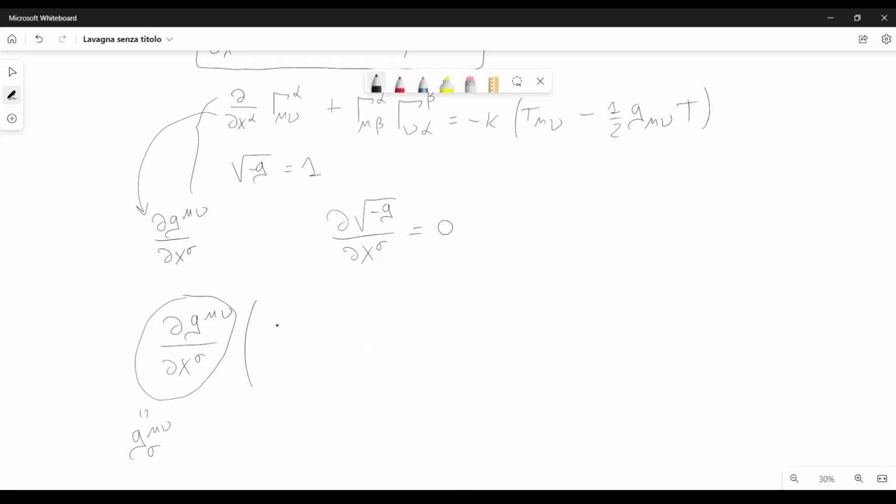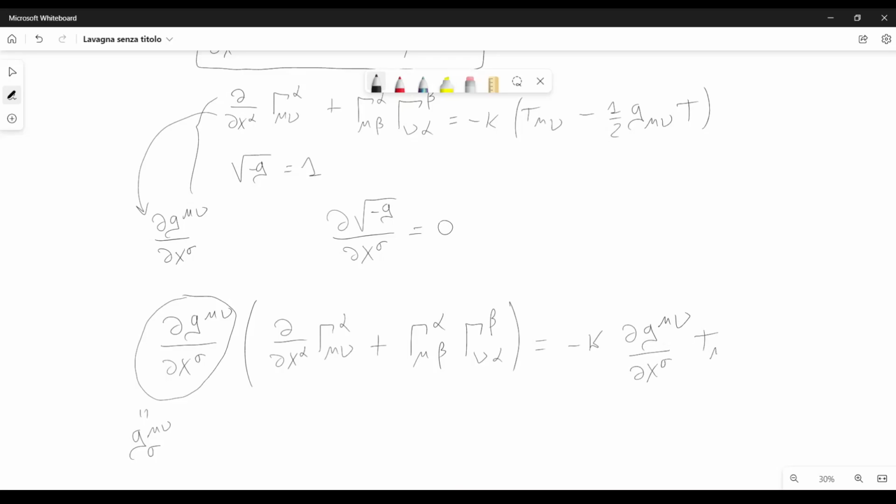Then this multiplies derivative with respect to x alpha of gamma alpha mu nu. Then here we have plus gamma alpha mu beta times gamma beta nu alpha, and this is equal to minus k derivative of g mu nu with respect to x sigma